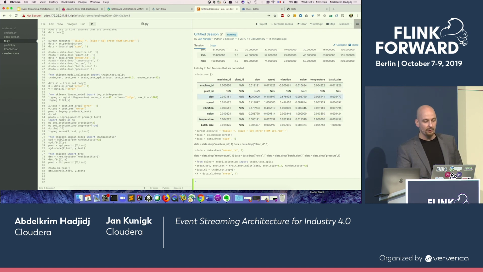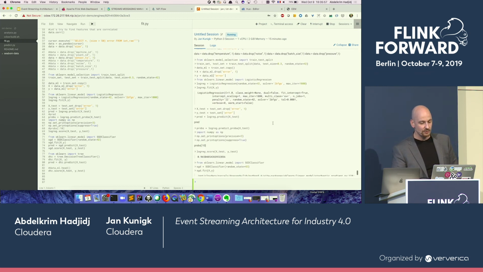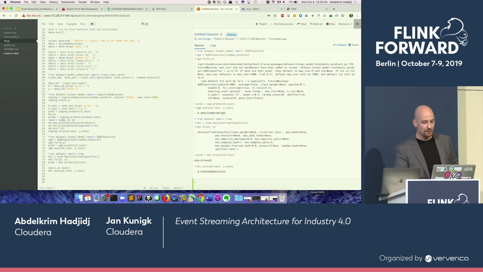And this is our leading variable, the size, right? So every time the size goes bad, the speed and the vibration, which these two correlation numbers show, also go bad. And this is a classic case for doing a regression model. So now we are running this. We are trying 3 different algorithms for the model.